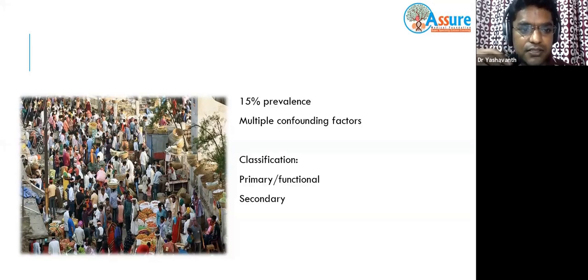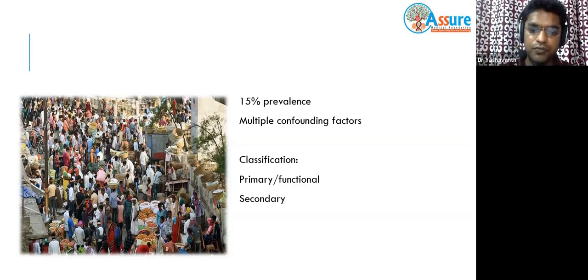If you take the Western literature, it varies somewhere between 3 to 30%. Why is it confounding? These are conditions being treated by granny to super specialist. There will be homeopathy, Ayurvedic, so many people will be treated, and patients themselves will treat, so they don't seek the medical fraternity. Mostly because of financial reasons, they might not seek attention. In Western countries, where everything is insured, people might come more to you. So the prevalence might be underdiagnosed or underestimated.